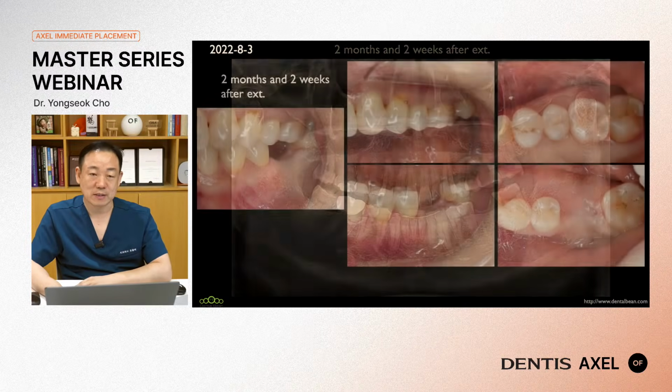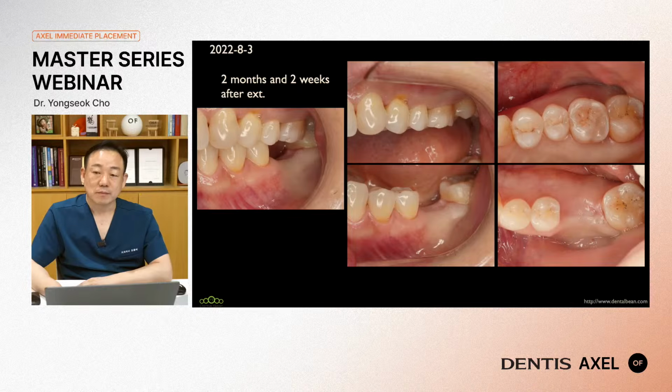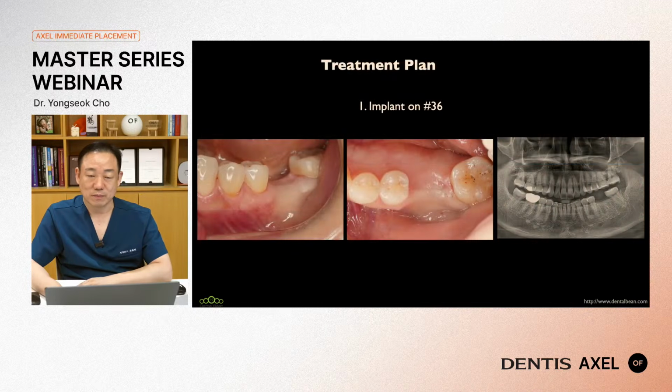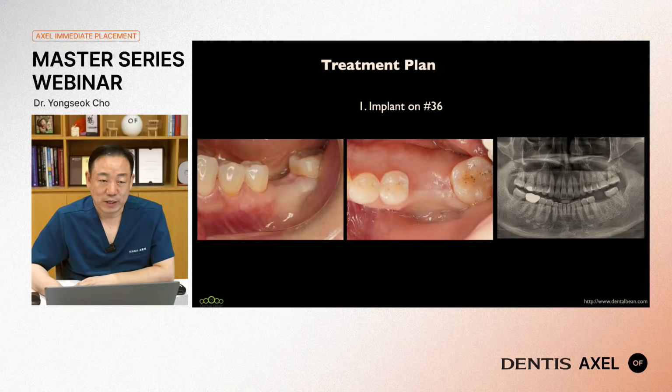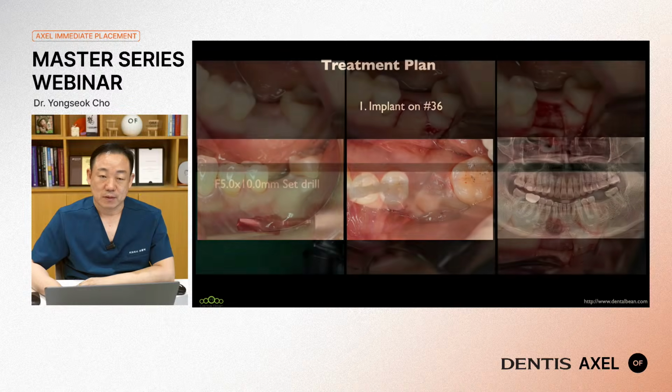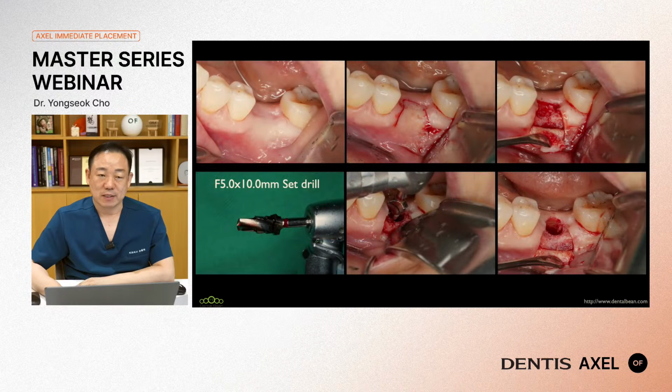Healing looks very nice. And the ridge looks like this, with slightly reduced buccal tissue volume. How much is the available bone height? I can see more than 12 millimeter available bone height exists. However, in this case, I decided to use an extra short implant, and to increase buccal tissue volume, I made a relatively complex flap, a trapezoidal flap,